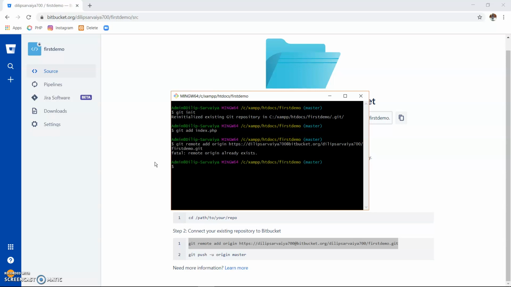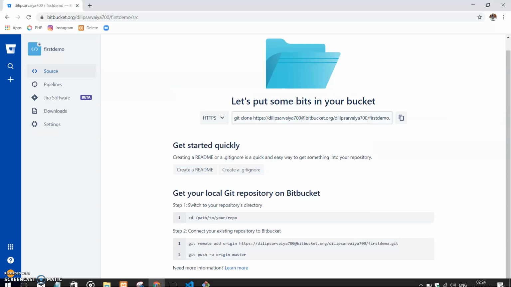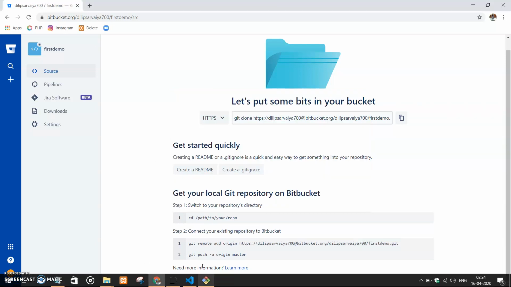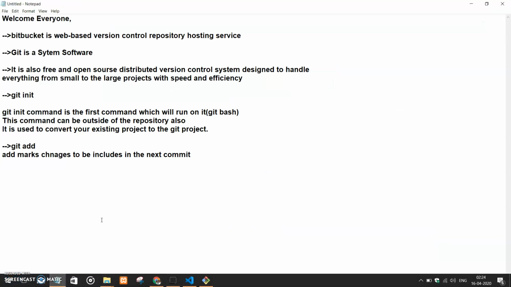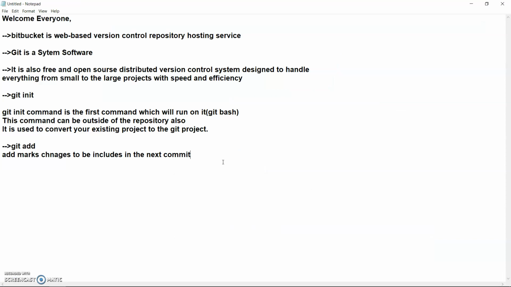See, origin already exists because I have already created a repository inside it. So let me introduce the git remote. This command's description I will share in the description also.